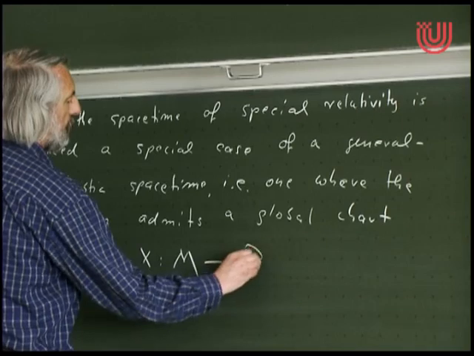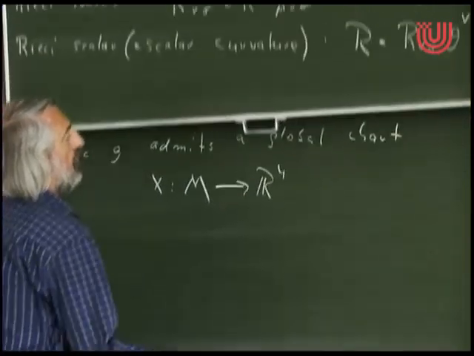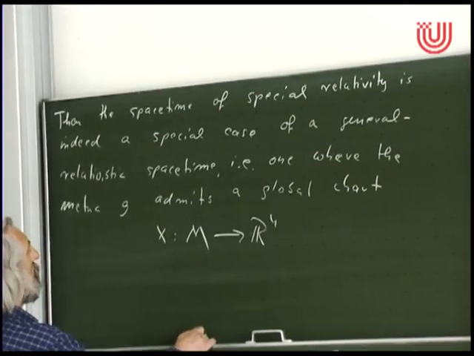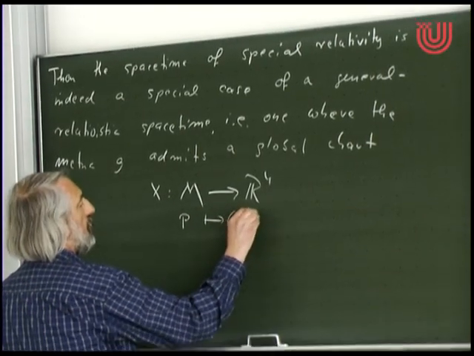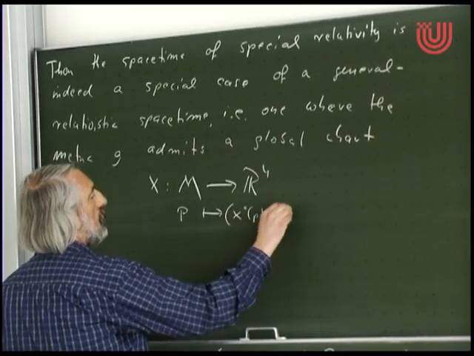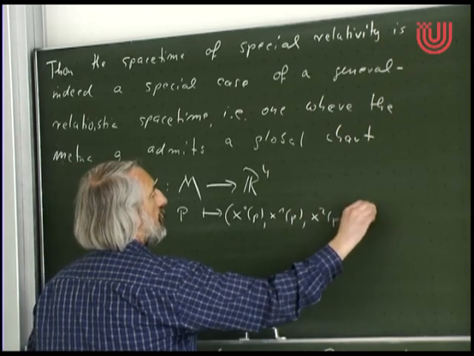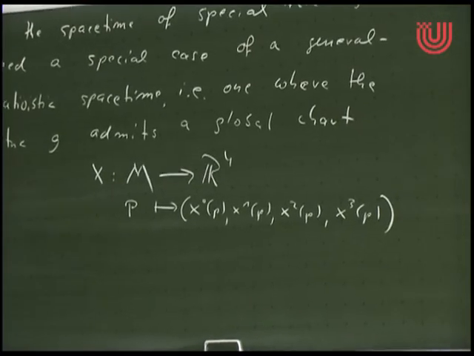X goes from M to R4, associates with each point P a 4-tuple, x0 of P, x1 of P, x2 of P, x3 of P, such that